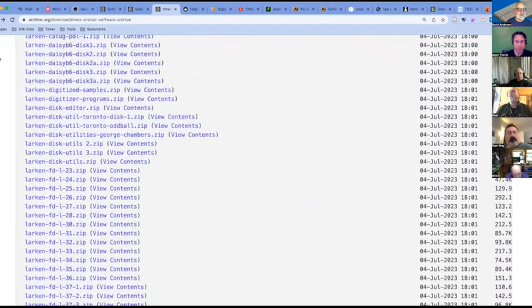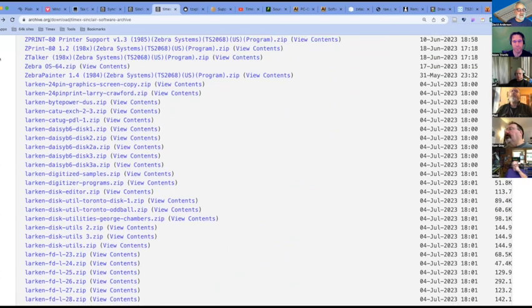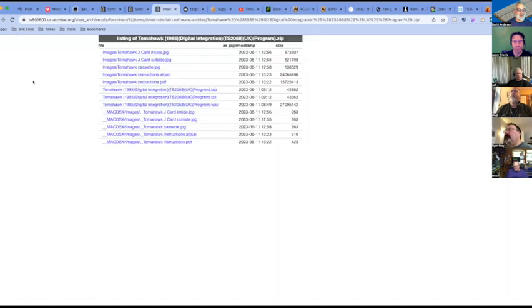David, go ahead. I was going to ask, how long does it take you to go from tape to all of that stuff that you have in a particular folder? Well, okay, so the instructions. Well, Tomahawk, however long the tape is to play, there's that real time of just playing the tape back, but I can do other things at the same time. Once I get it into a WAV file,